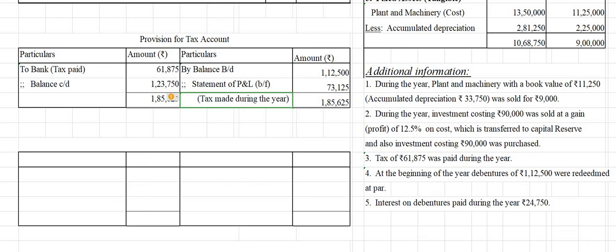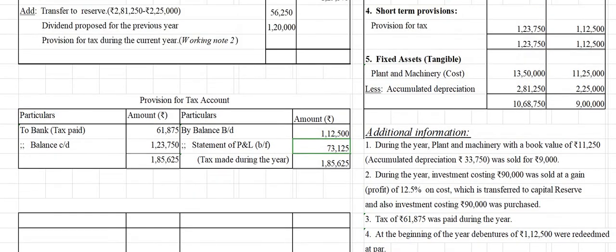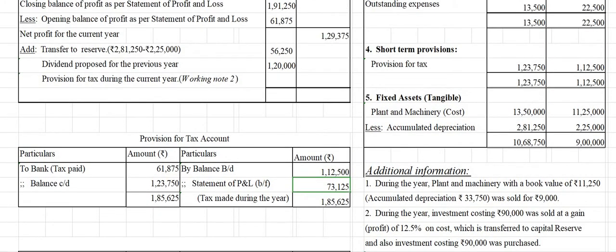Okay, so that is the amount here, 73,125. Okay. So this tax made during the year is related to this 73,125. Okay. So that tax we are taking here